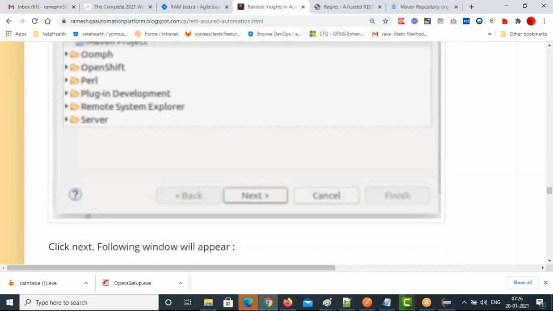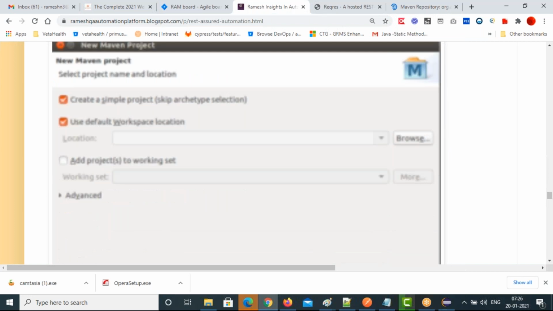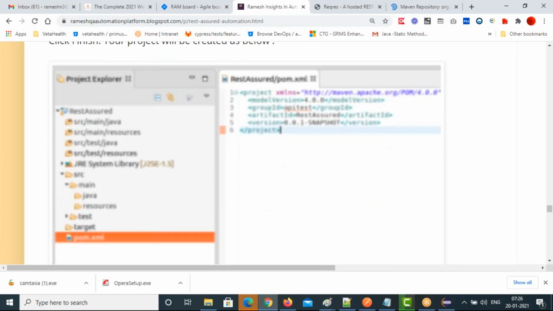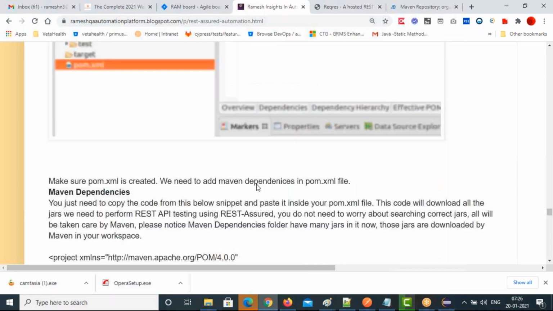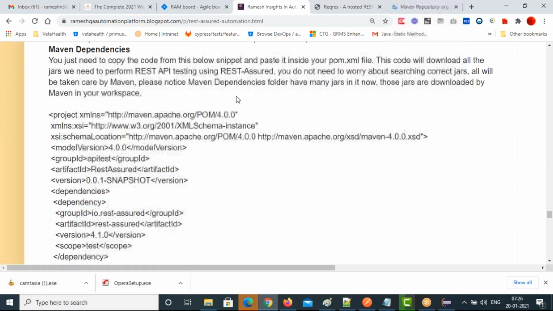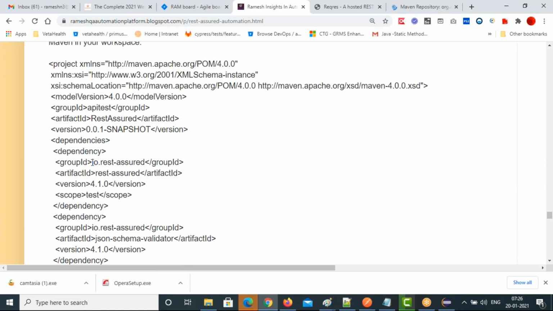Click on finish, and this is the open pom.xml with the project info. Go to the Maven repository. You will see io.rest-assured. This is the one we need to take.